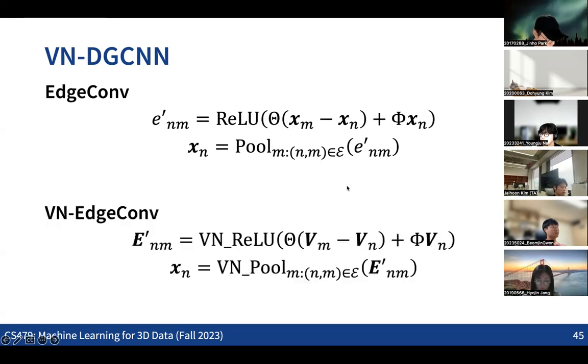And we can simply replace everything here using rotation equivariant layers, simply replacing all the linear layers and the non-linear layers, and also the pooling operation, in a way to basically achieve the rotation equivariance, right? So this is really interesting, the idea that we can make changes for each of the layers in terms of achieving the rotation equivariance. Any questions on this?